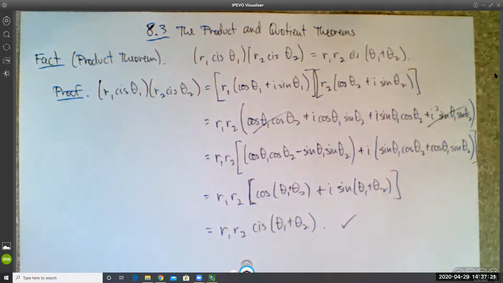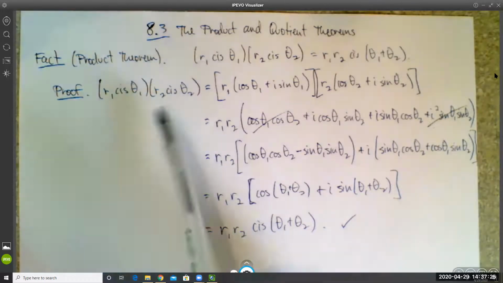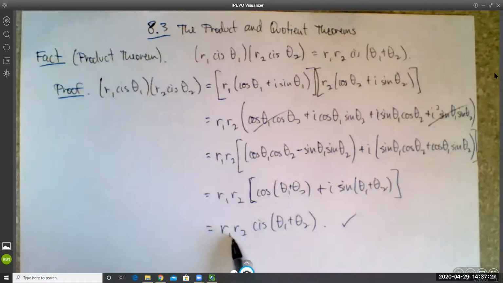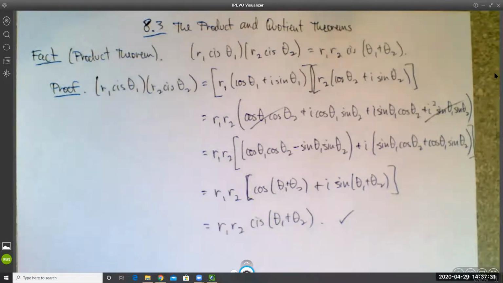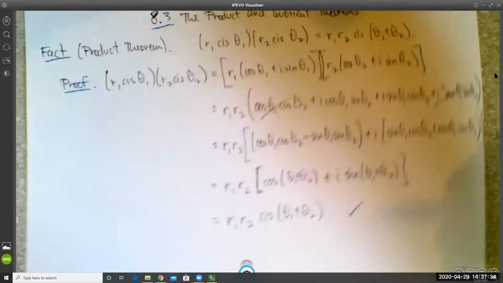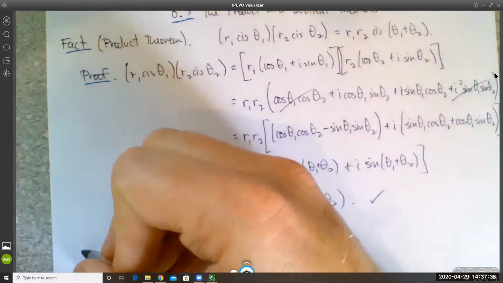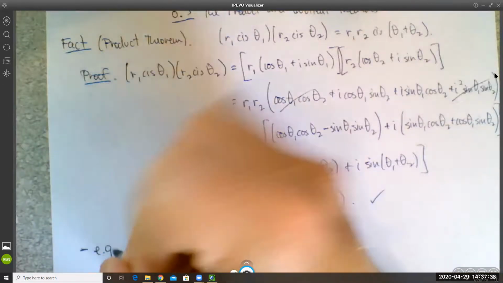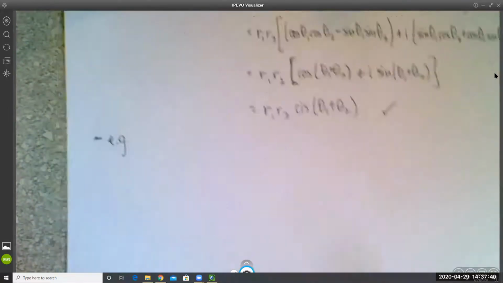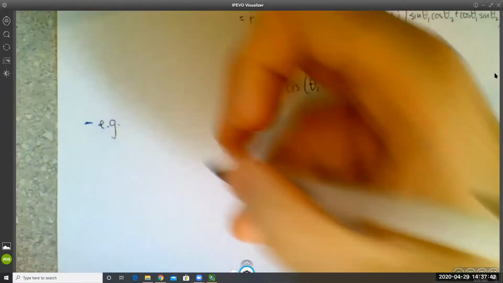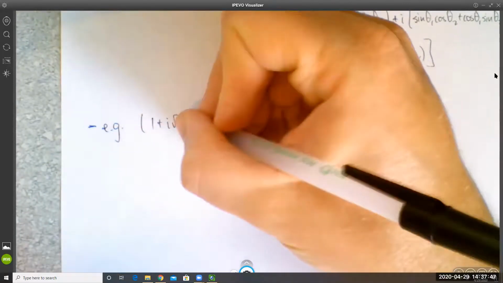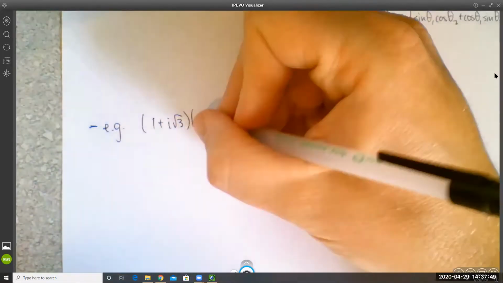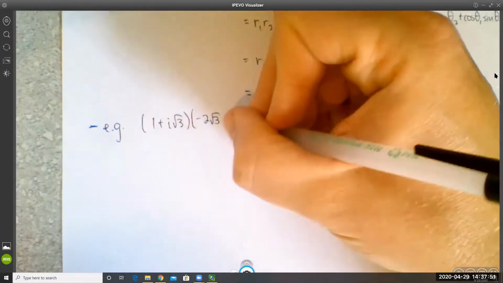So it's a pretty cool thing that in order to multiply these two things, we just multiply their moduli and then add their arguments. So let me give you an example to show you the difference between how we would do this in rectangular form versus how nice it is in polar form. So in rectangular form, if we had a couple of complex numbers like (1 plus i root 3) times (negative 2 root 3 plus 2i),